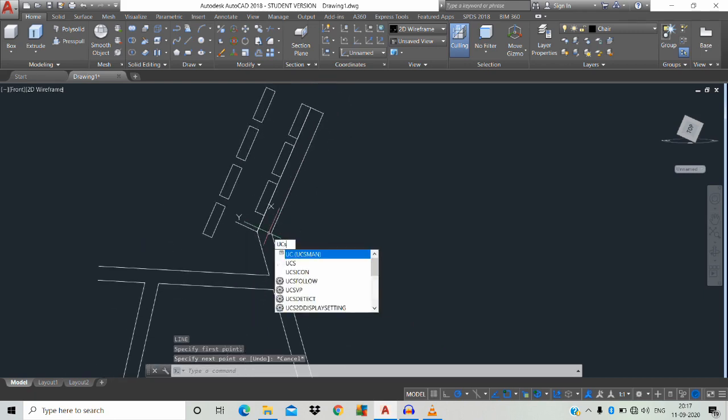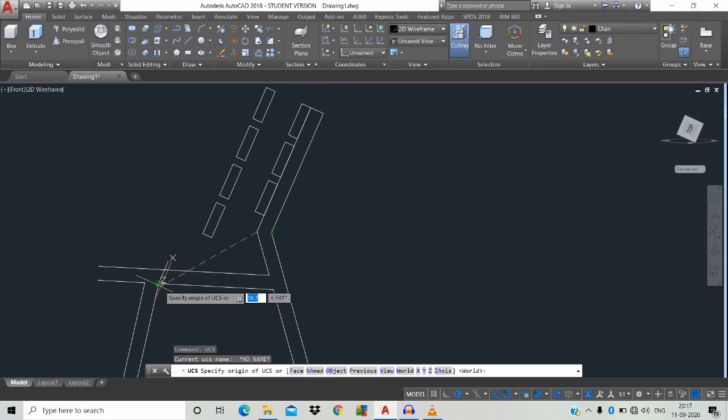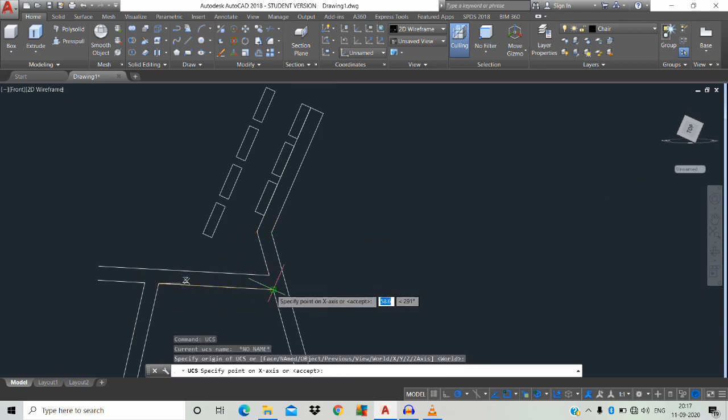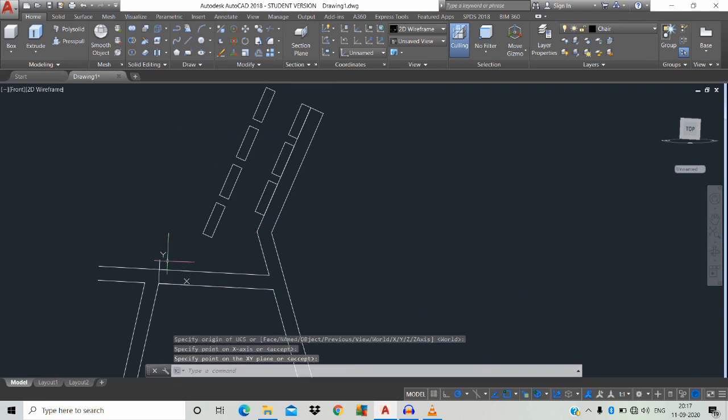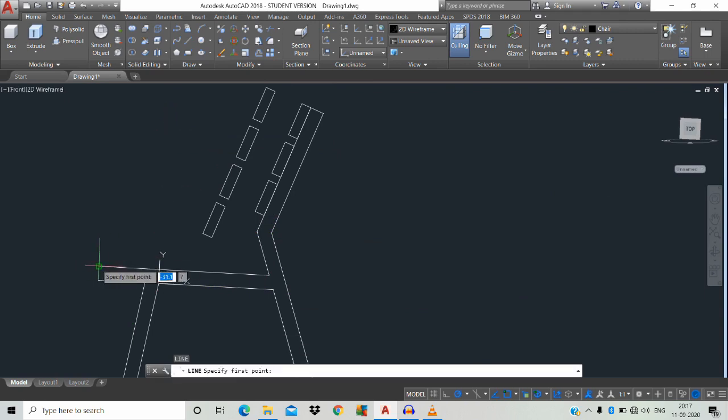UCS space. Same, you're going to repeat this one, XYZ, for XY. Now L space, click the object to 90 mm, 7 mm close.